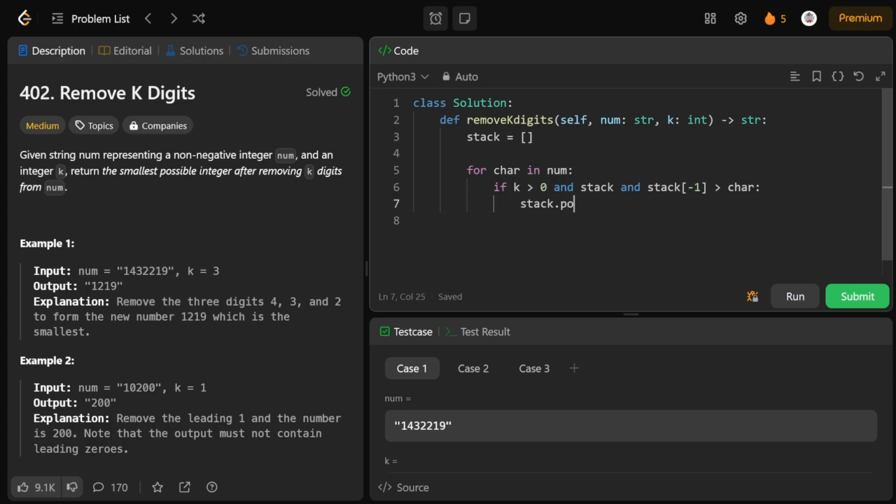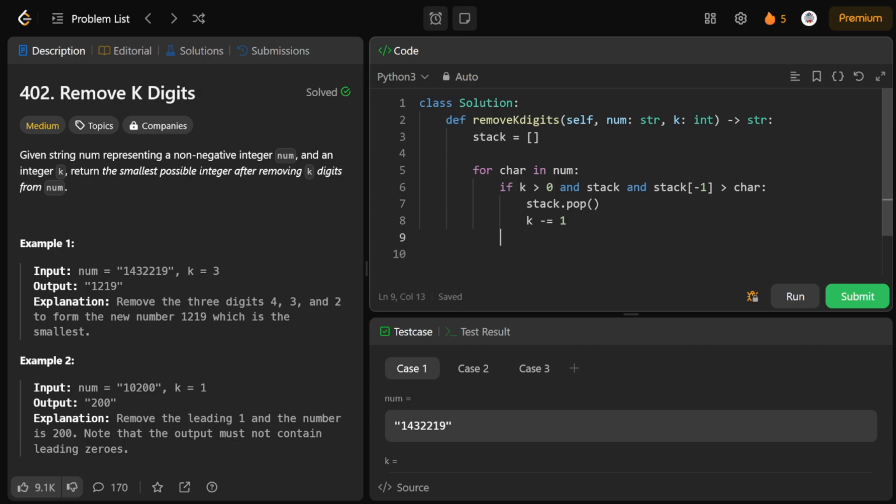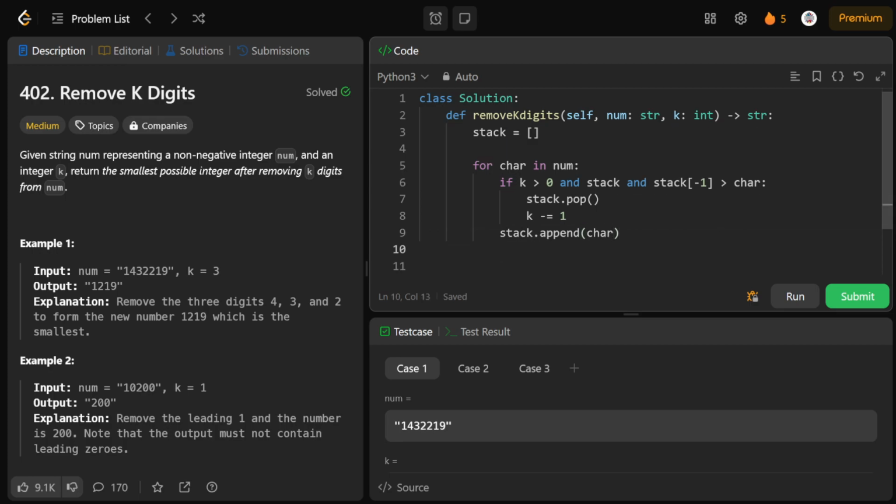So I'll say stack dot pop. I am removing the larger element from the stack, and I also need to decrement my k value. After this, I need to push my character in the stack, whether or not a removal happened. At last,